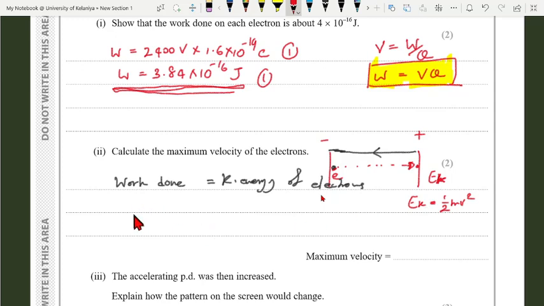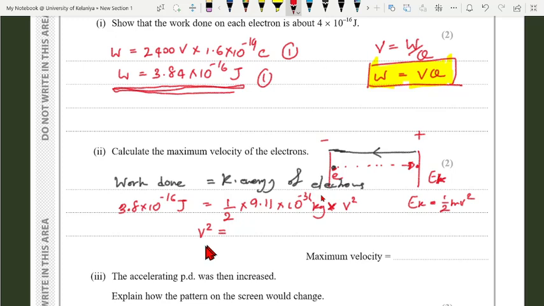So work done is 3.8 times 10 to the power minus 16 joules, and our kinetic energy is half times the mass of electron, which is 9.11 times 10 to the power minus 31 kilograms, times the velocity square. Here what they're asking is velocity. So if you calculate this one, you will get